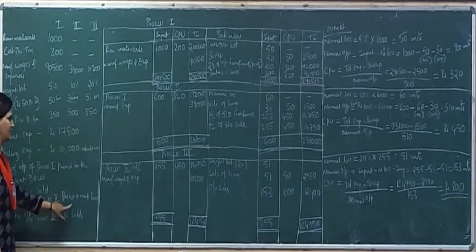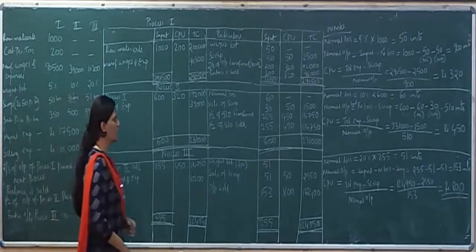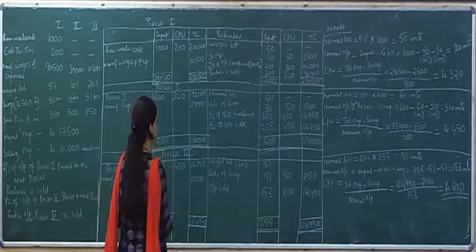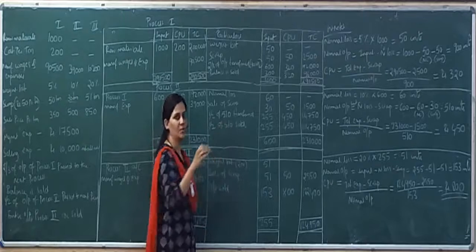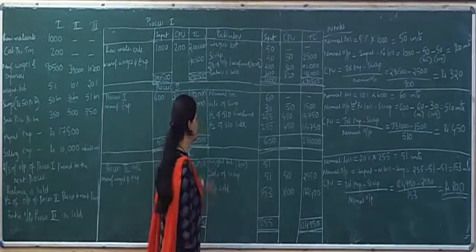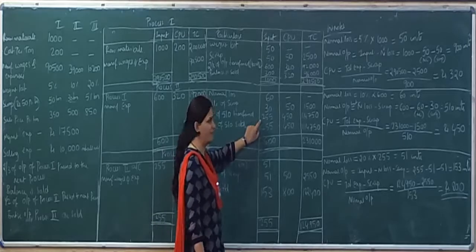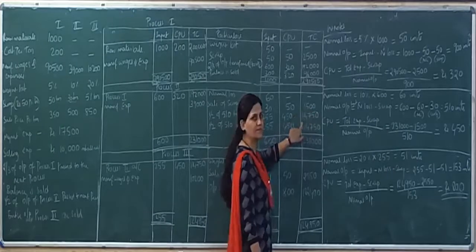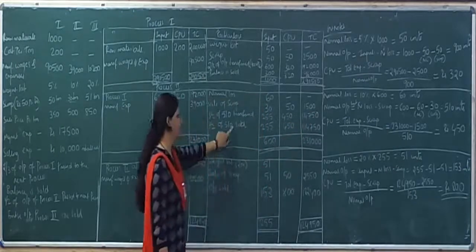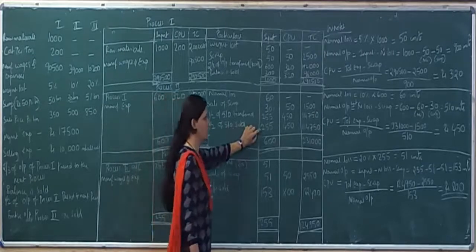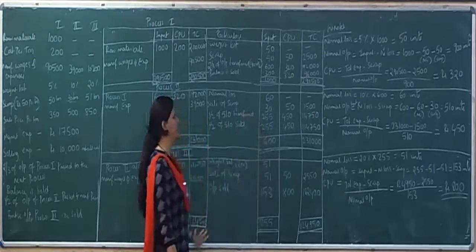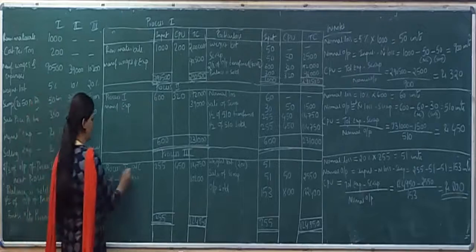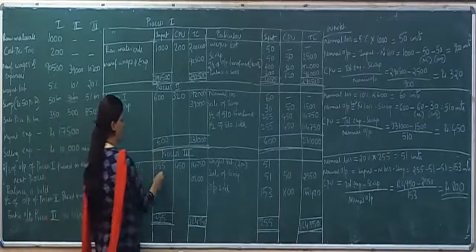So before writing over here, we can check what condition they have given. Half of the output of process 2 is transferred to the next process. So it is assumed that half is transferred and the remaining half is sold. So we have taken half of 510, that is normal output. So 510 halved is 255 transferred. CPU we have found out as 450. So the total value comes to this much. And the remaining half of the same 510 is sold. The balance has to be transferred to the next process, that is process 3.